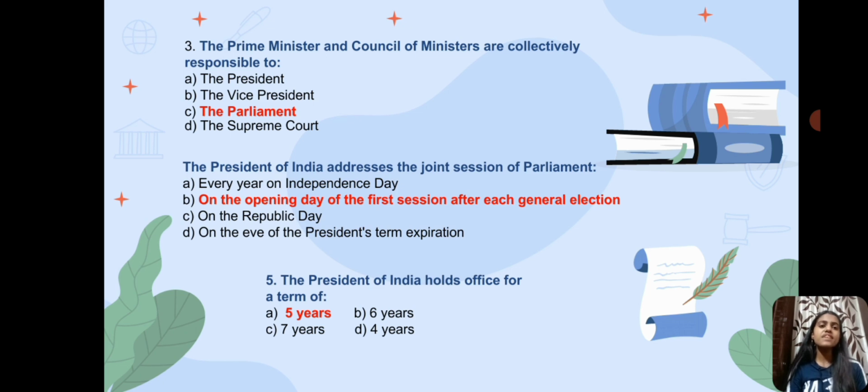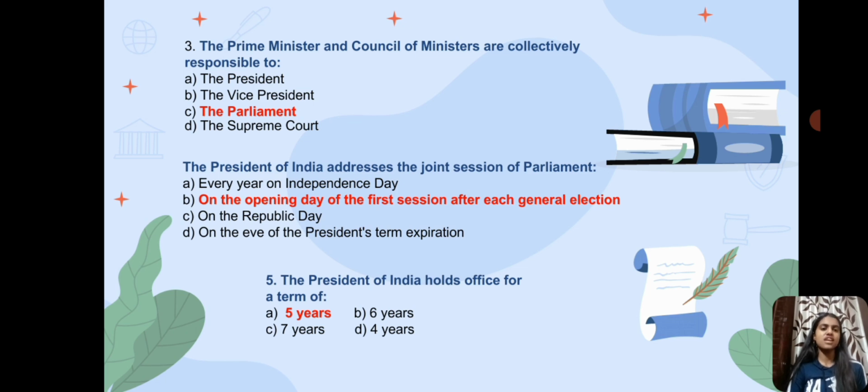The President of India addresses the joint session of the Parliament A. every year on Independence Day, B. on the opening day of the first session after each general election, C. on the Republic Day, D. on the eve of the President's term expiration. We all know it is our Prime Minister who addresses the gathering on Independence Day or the Republic Day event. Hence, the President of India addresses the joint session of our Parliament on the opening day of the first session